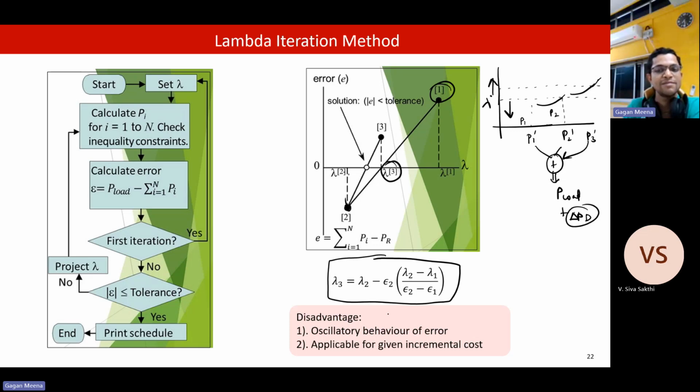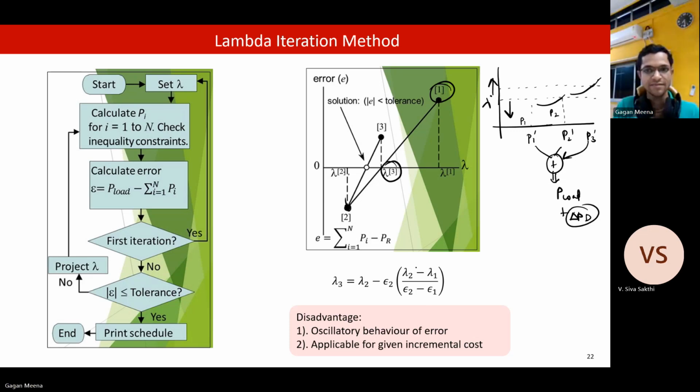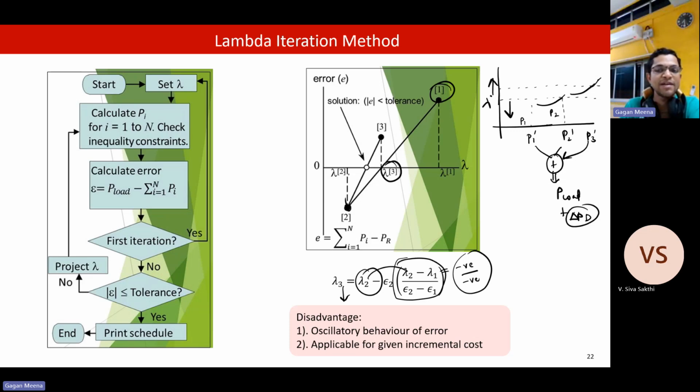Lambda 3 is lambda 2 minus epsilon 2 into this slope. Using this, we can easily update it. Here lambda 1 is positive and lambda 2 is negative. Lambda 1 is more and lambda 2 is less. Therefore, lambda 2 minus lambda 1 is negative, and error 1 is positive and error 2 is negative, so this is negative. Overall, this becomes positive. If this becomes positive, that means lambda 3 should be less than lambda 2, because we are subtracting something. That means lambda 3 is